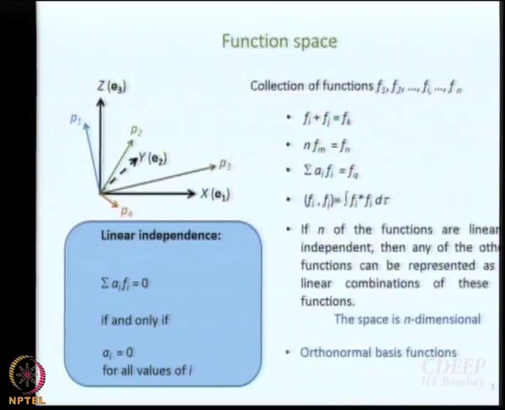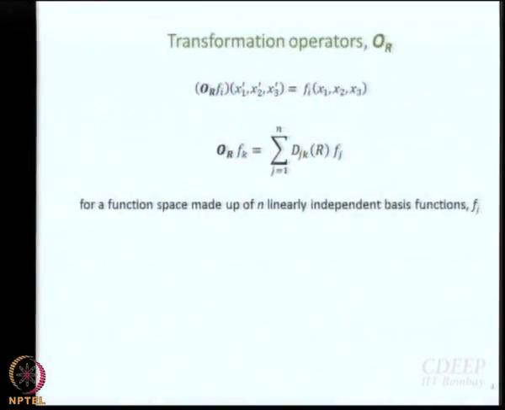We already have linear independence, right. So, if these vectors are also orthogonal to each other, like is the case for x, y, z, and you normalize them, then these are called orthonormal basis functions. And once again, today we are going to deal with some orthonormal basis functions. Fine. And then I think this was where we stopped the last day.